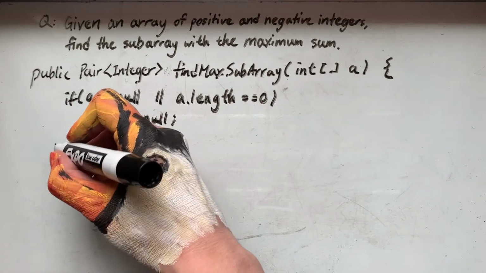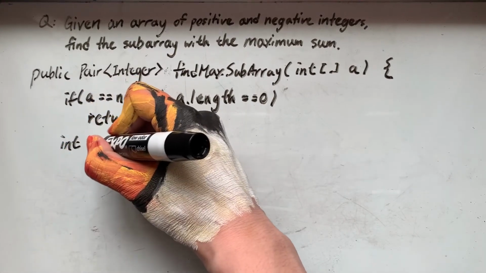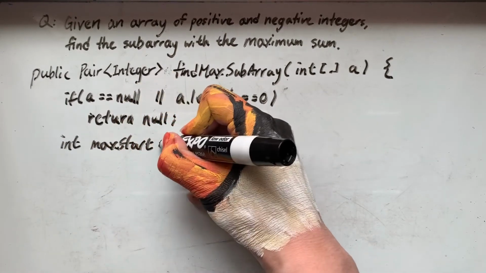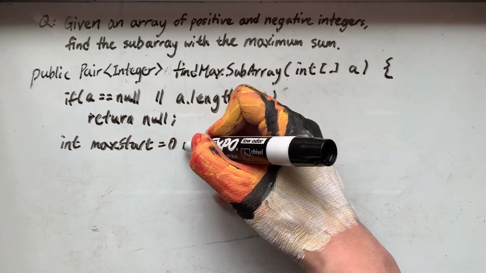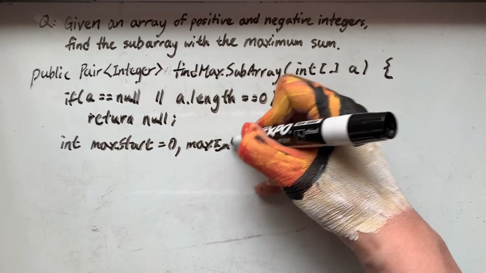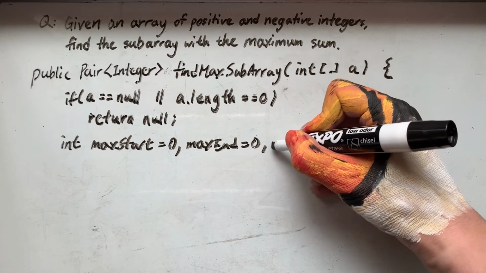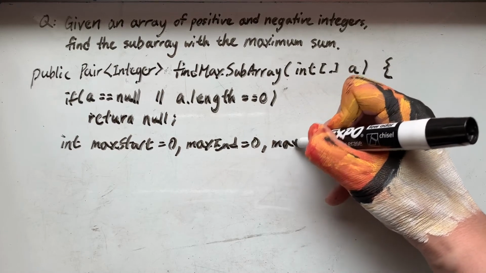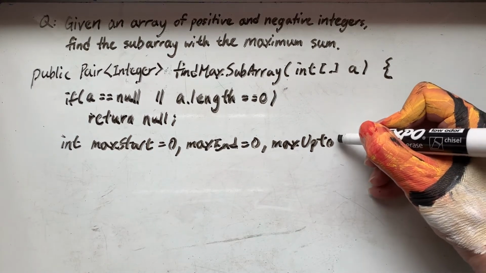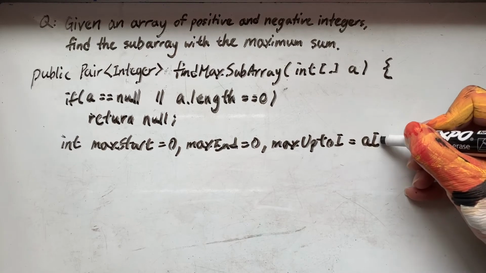And then we'll declare our variables. Max start goes to 0 index, and max end goes 0, and then the max up to I is equal to the first element,